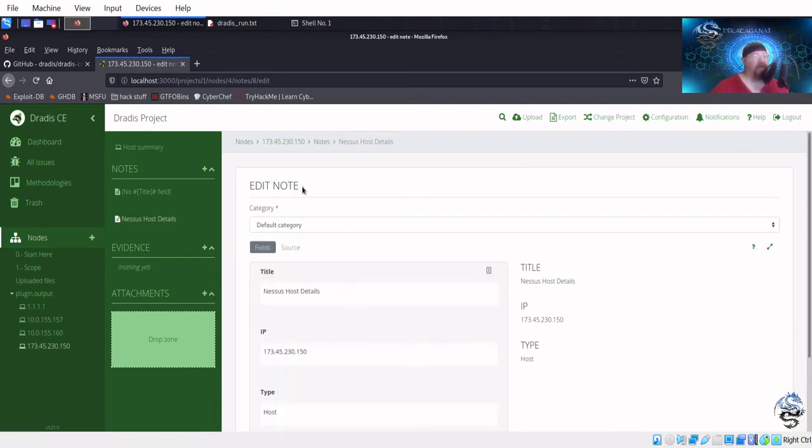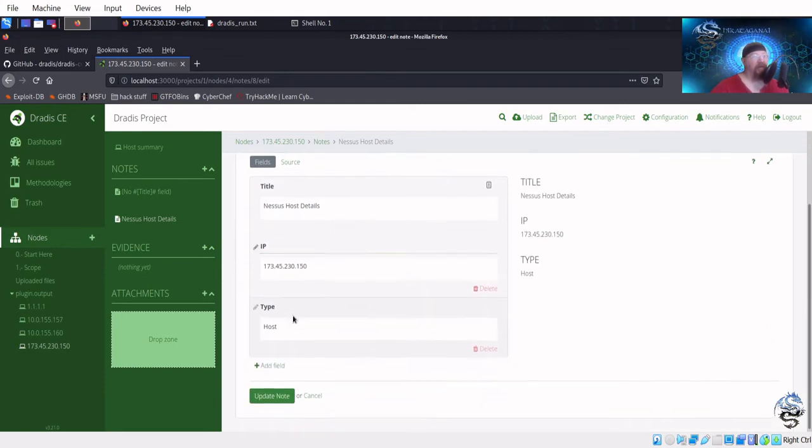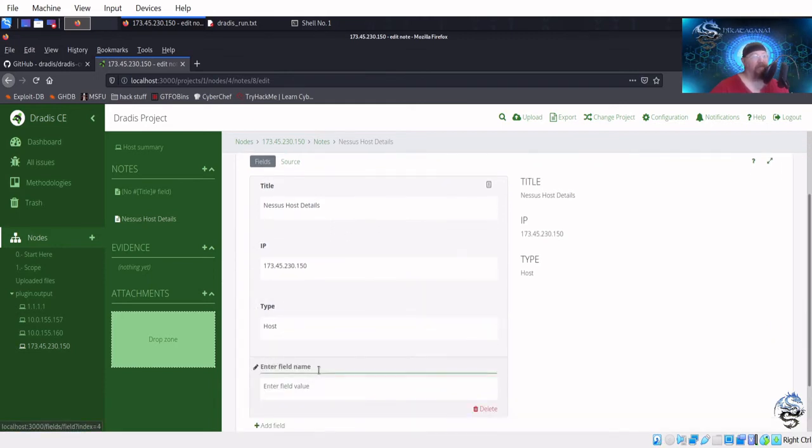But like I mentioned, you can come in here and give it a category, you can edit the note, and then from here you can add a field to something: enter a field name, and then enter a field value, and that's good to go. So now they've added a particular field. I mean, it's very customizable what you can actually do with that particular part of the tool, which is